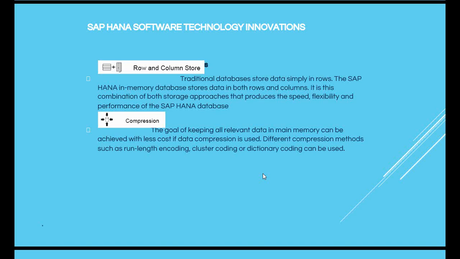Likewise, one more thing is compression. This compression is an impact of the storage type. Whenever we go for columnar data storage, that is column-wise storage, then we can compress the data much more efficiently. We can also use different compression methods like run length coding, cluster coding, or dictionary encoding to compress the data. So we have compression rates ranging anywhere between 3.5 to 6.5 in HANA database. We have been doing compression in different databases as well, but in HANA we have higher compression rates.